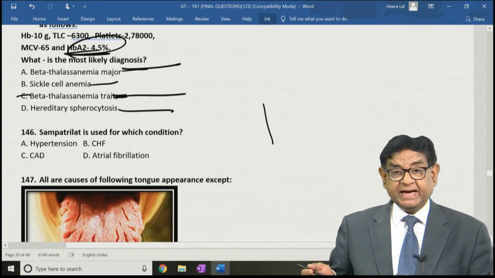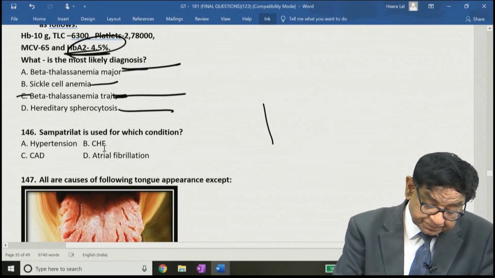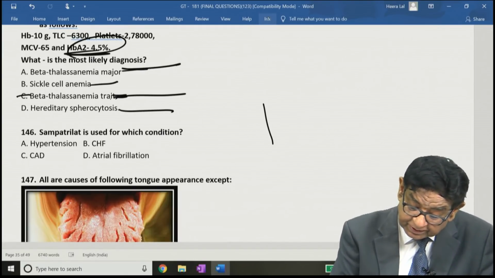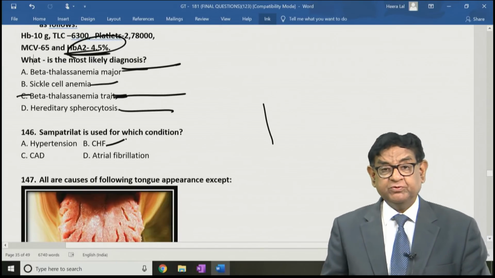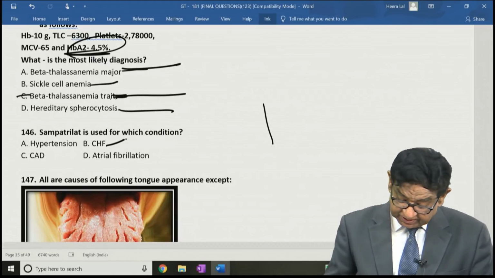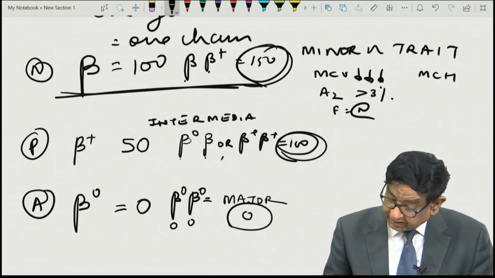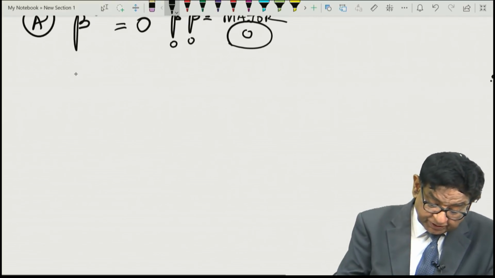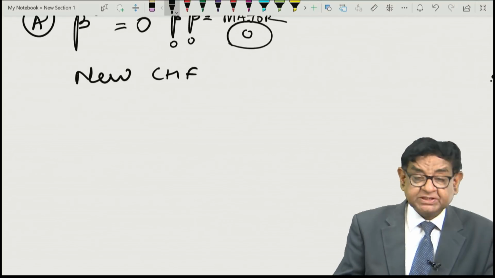Now, sacubitril, it is used for which condition? It is used for congestive heart failure. Okay. It's a new drug for CHF. Now, let me tell you what are the other newer drugs for CHF. The other new drugs for CHF, congestive heart failure, are